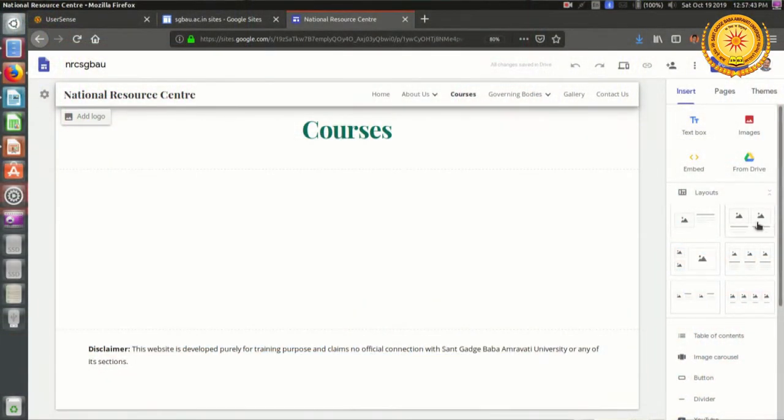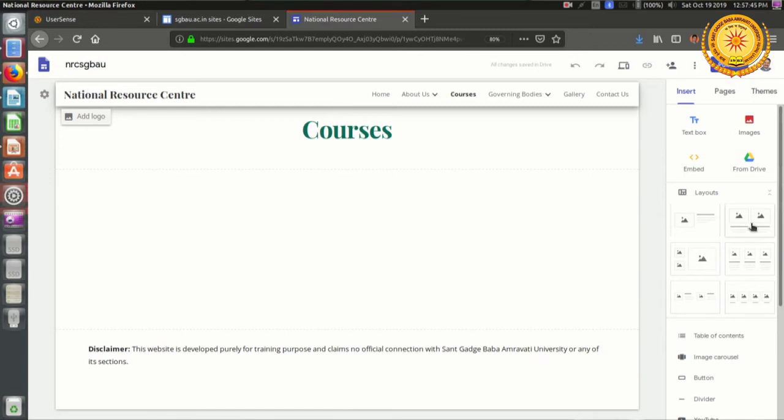What I want to do here is display the image of the course on the left hand side and the information about the course on the right hand side. The National Research Center of this university has so far offered 2 online refresher courses, one under the ARPIT 2018 and the second which is ongoing under this ARPIT 2019. So initially I am interested in displaying what ARPIT is, and then I will be showing the information about the 2 ARPIT courses.